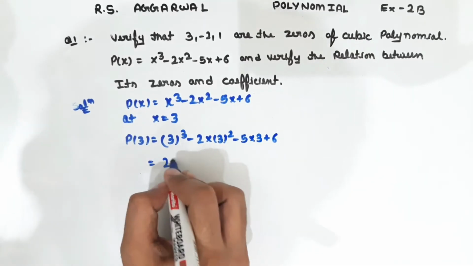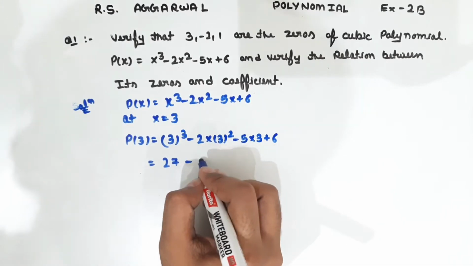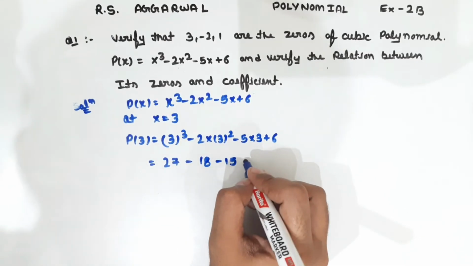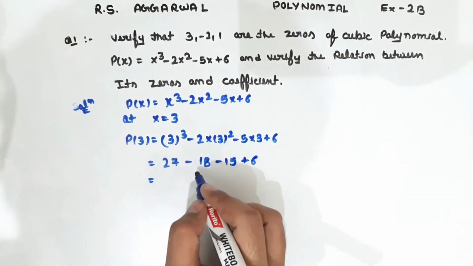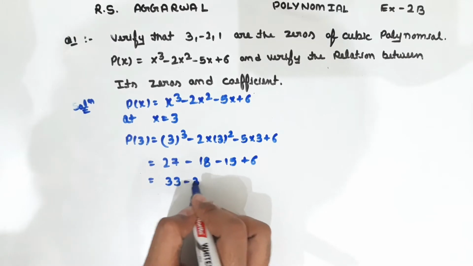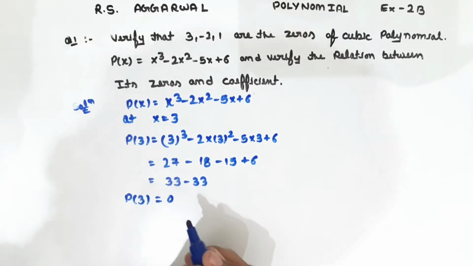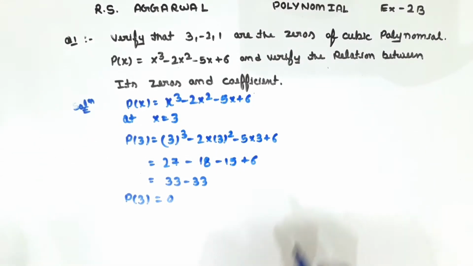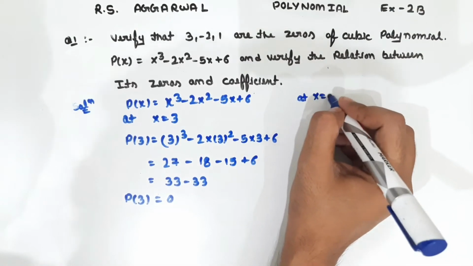3 cube is 27, minus 2 into 3 square is 18, minus 15, plus 6. So this will become 27 and 6, 33, and minus 18 and minus 15 is minus 33. So P(3) is equal to 0. So hence x equals 3 is a zero of the given polynomial. Now at x equals minus 2,